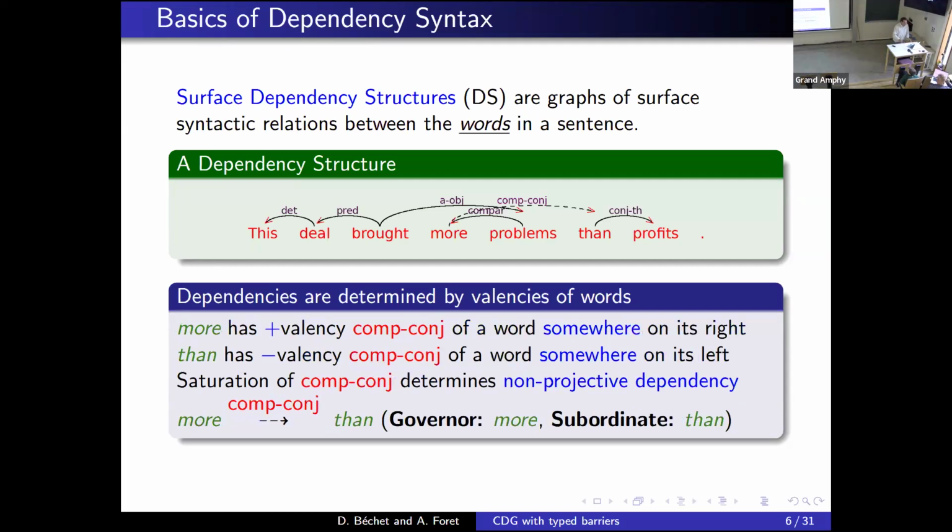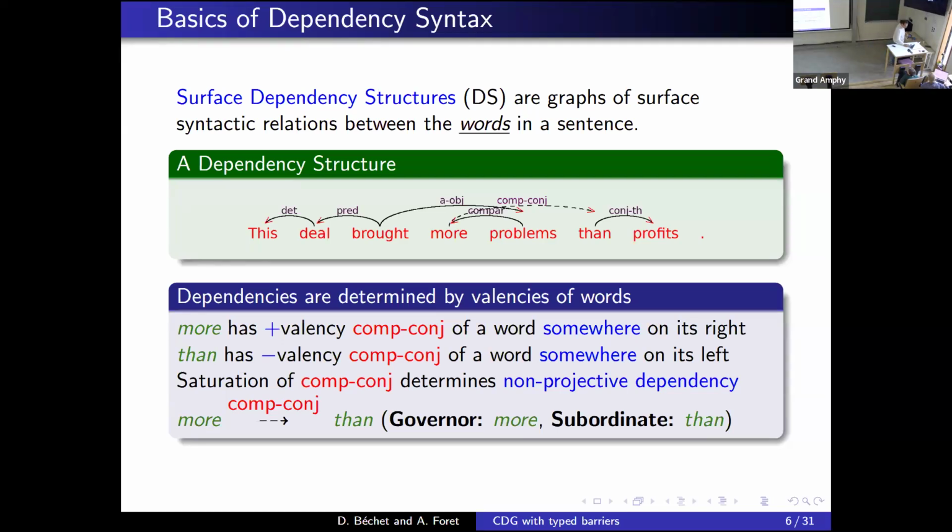We also have a positive valency and a negative valency, but the connection between the two words is somewhere to the left or somewhere to the right, and it's possible to modulate something that can cross other dependencies.